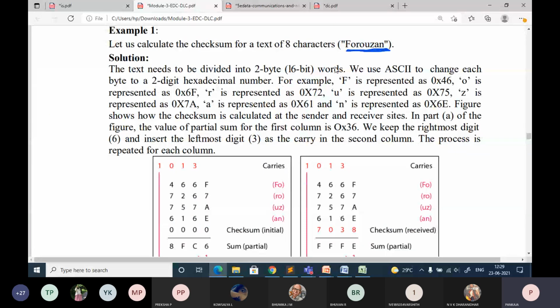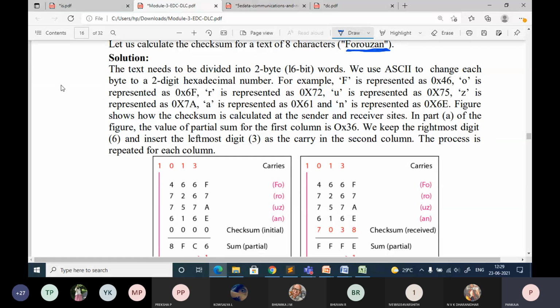So what is the procedure to be used in this case? The text needs to be divided into 2 bytes. That is FO. 2 bytes means first you are going to get FO, then you are going to get RO. You be cautious. Small letter and capital letter are very important because each is represented with a unique ASCII value.